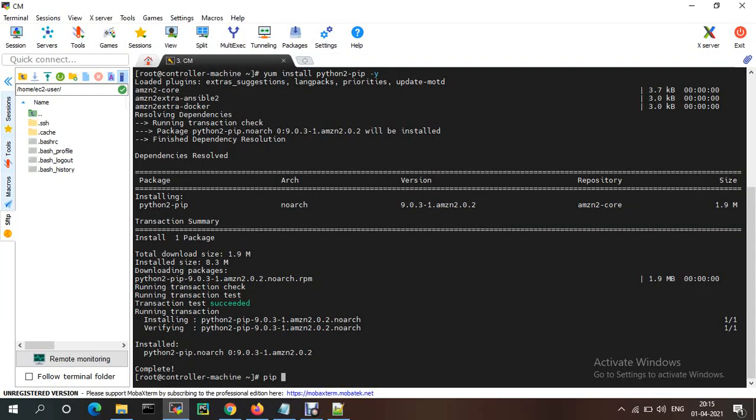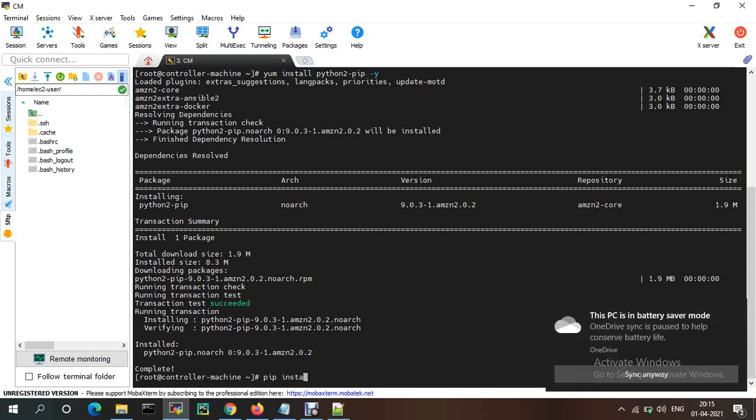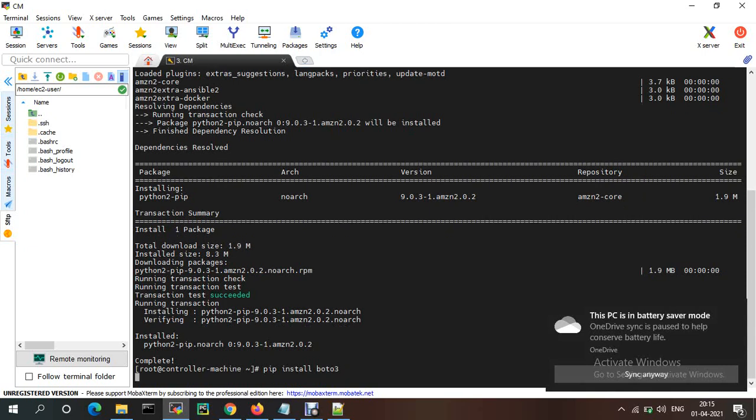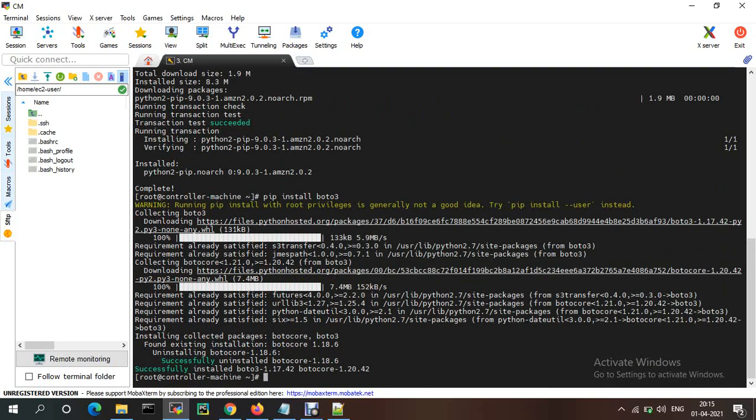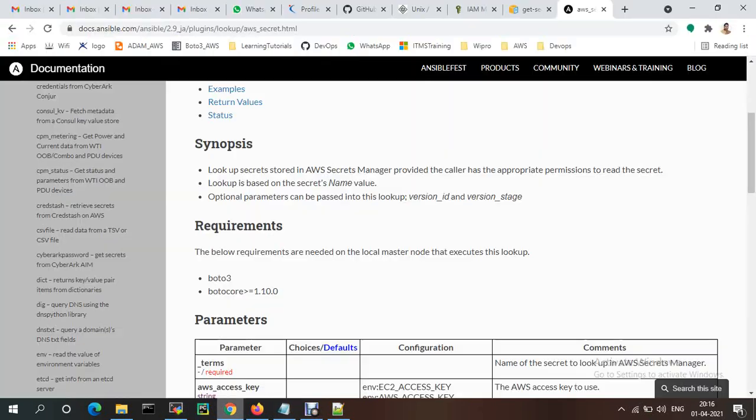Just do pip install boto3. See, it is downloaded and collecting information, everything. It comes up with the version also, right? Botocore version should also be installed.